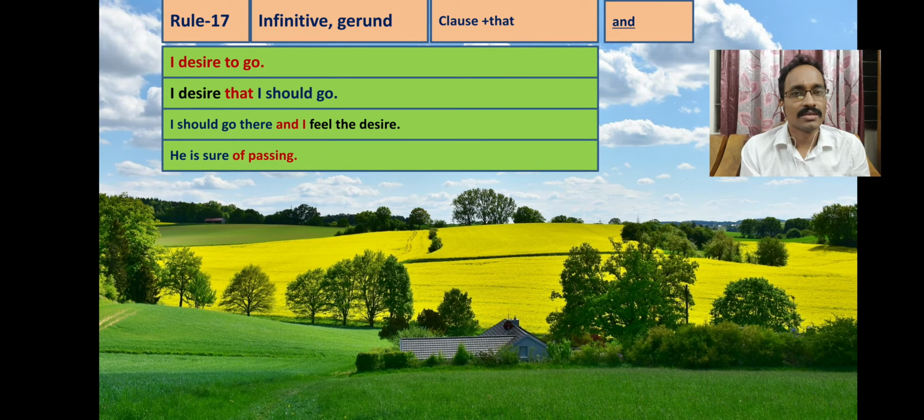Now here you see there is one gerund. He is sure of passing. Now he is sure, this portion should be kept as usual, and then of passing, this portion will be turned into a clause using the conjunction that to make it a complex sentence. Now what is the complex sentence? He is sure that